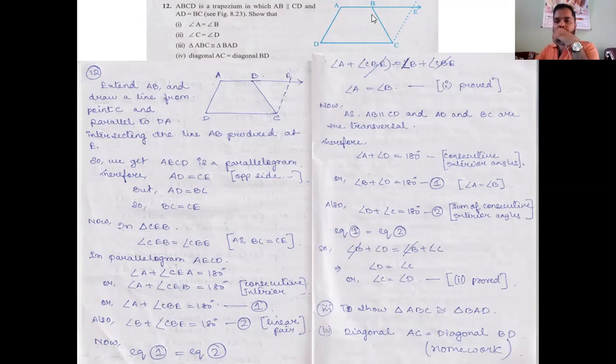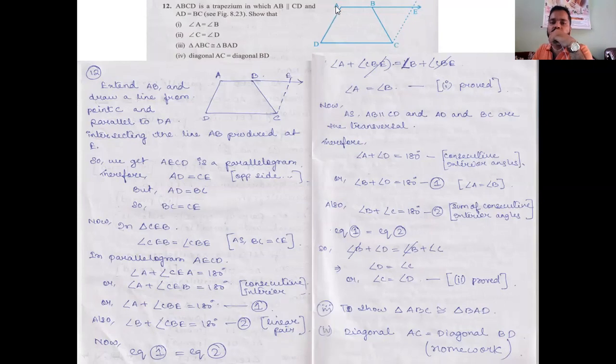So now what we will do is, from point C and from point B, we will produce AB. Produce means extend, okay? We will produce AB to a point, and from C also draw a line, and these two lines will meet at another point, that is E. So AB was parallel to CD, it was already given, and AD is parallel to CE. Why? We made it now. This was our construction.